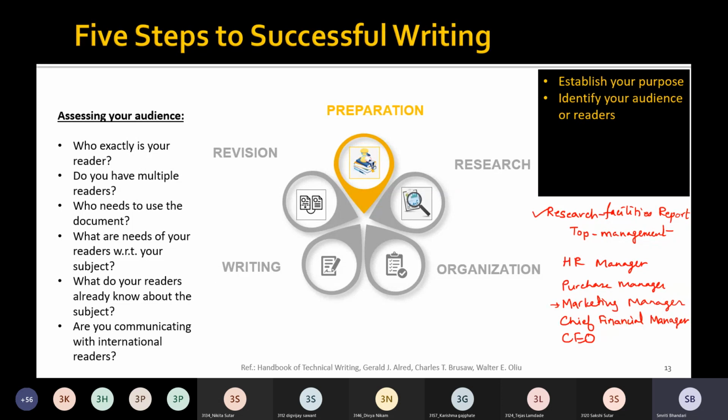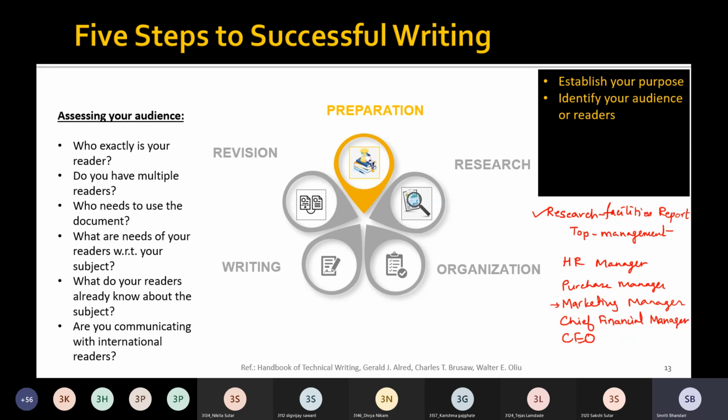Whereas if the CEO is one of the readers, perhaps the chief executive officer would be interested in knowing all these aspects and even more, right? So once you have identified the probable readers of your document, then whatever the needs of all those readers are, you need to address all those needs through your document, right?